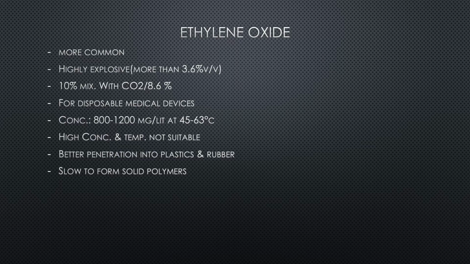Organisms are more resistant to ethylene oxide treatment in a dried state because they are protected from the gas by inclusion in crystalline or dried organic deposits. Thus, a further condition to be satisfied in ethylene oxide sterilization is attainment of a minimum level of moisture in the immediate product environment. It is relatively slow to form solid polymers. With long exposure time, it is possible to sterilize products at ambient temperature, and there is very low incidence of product deterioration.